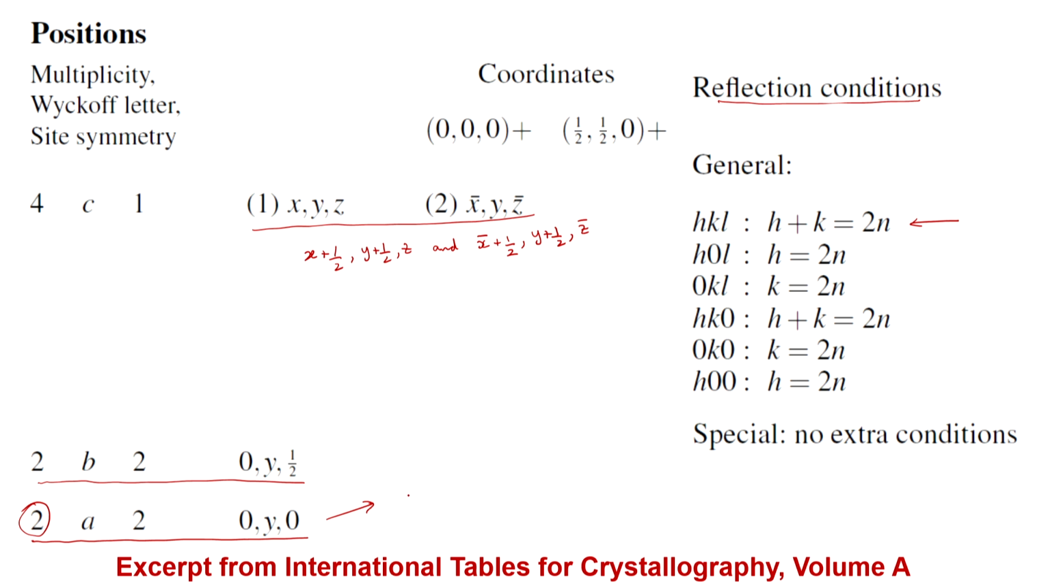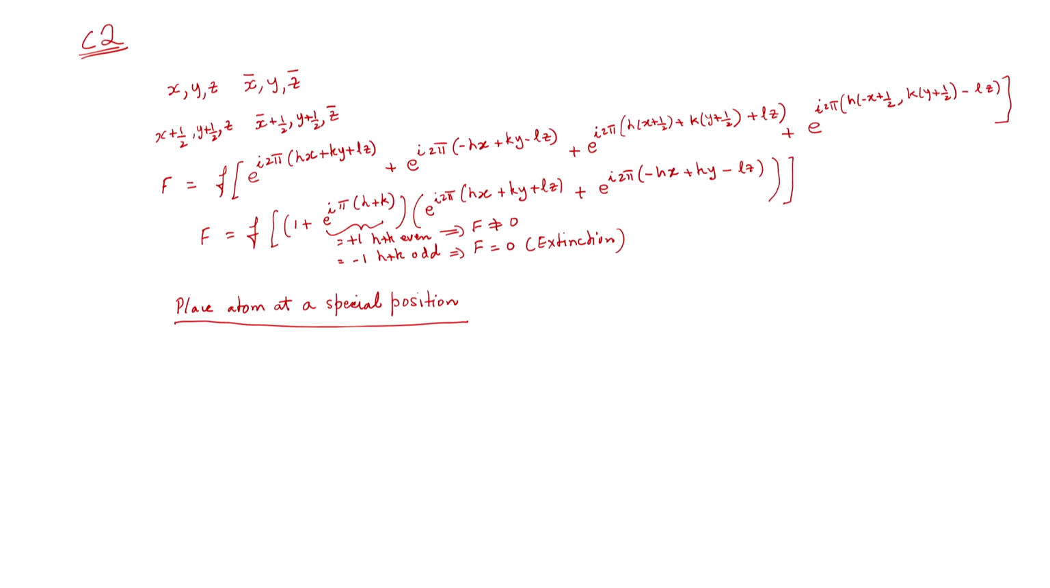If I place an atom at 0 y 0, and add to this the centering translation half, half, 0, I will get half, y plus half, 0. So there are only going to be 2 terms in the structure factor, and if I plug that in, I can write the structure factor as,